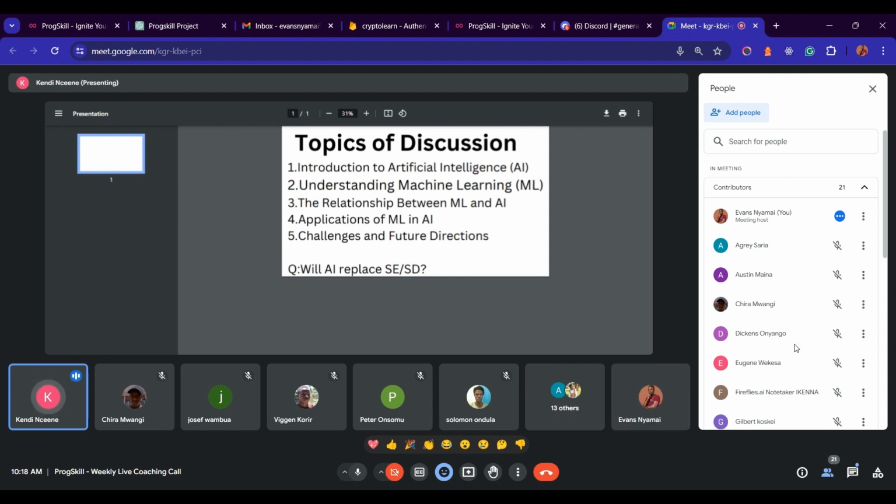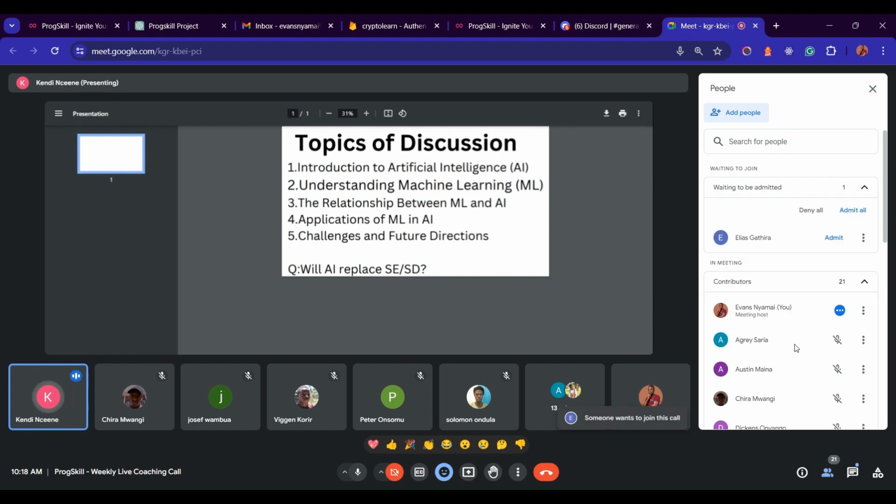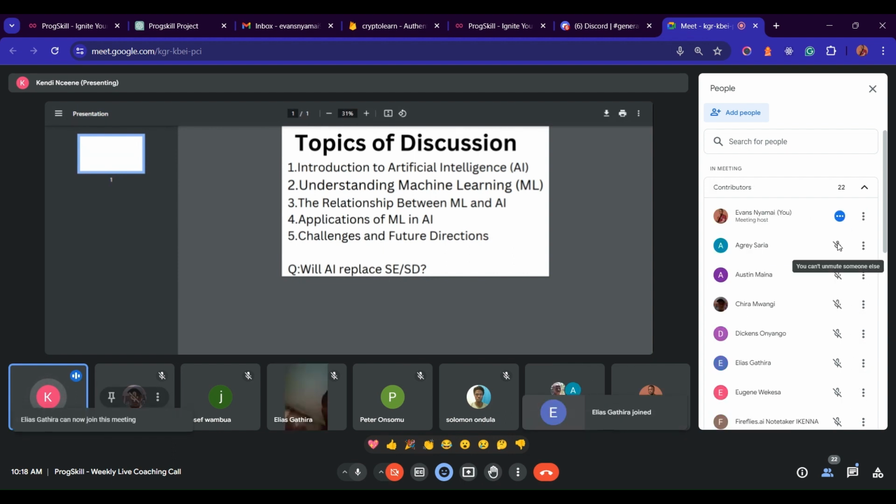Okay, machine learning is a subset of AI. It is used to read patterns. Before you get to machine learning, what happens is you'll have to analyze your data. You'll first collect the data, then clean the data, and then analyze it using some models that are provided for us in the machine learning field.